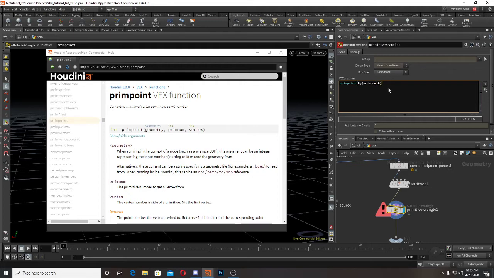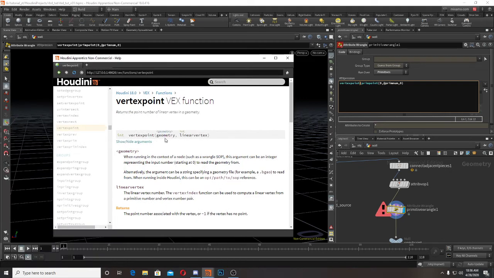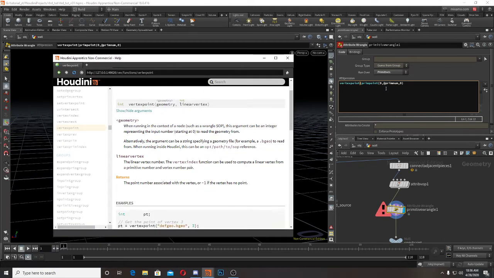Okay, so now I need vertex point from this. Vertex point. Okay, not like this. Again same thing, you can press F1 and you can see what this does. Yeah, we get it. So we need a geometry and linear vertex. So from this one, sorry, I did something wrong. I need this prim vertex, yeah, and after that we need this 0 comma, we give this prim vertex and